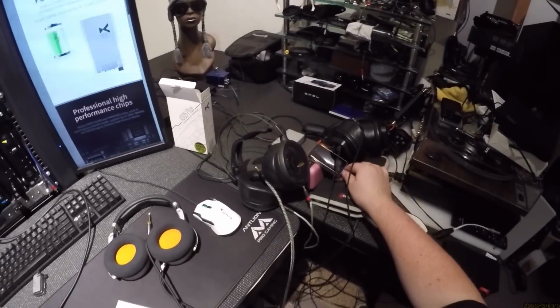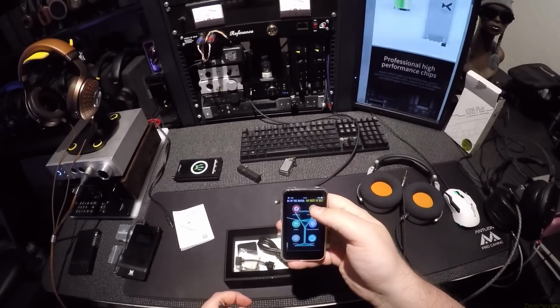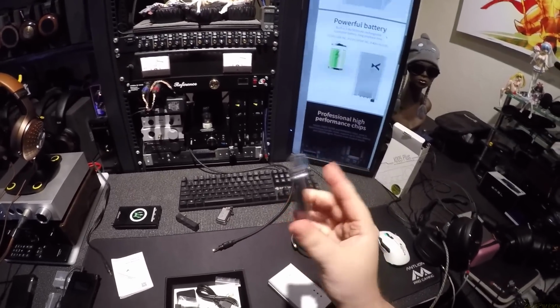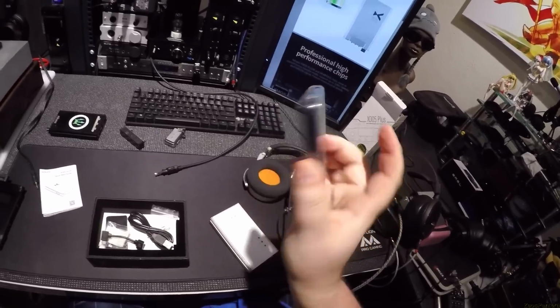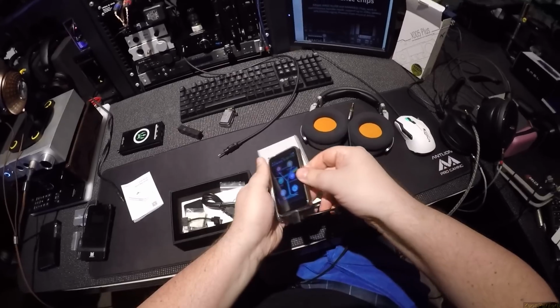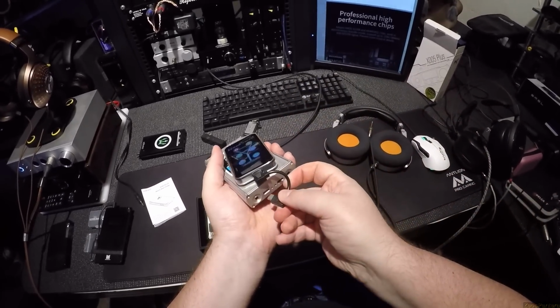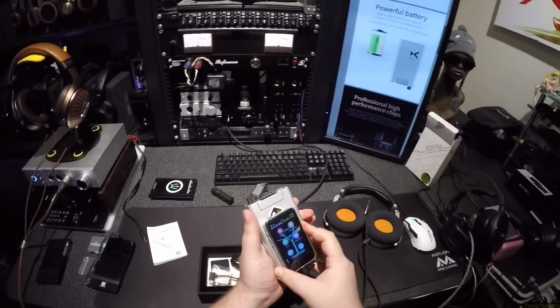So you can take a portable player like this. This is my little, what are you, the M6? I think you're the M6. And you could just plug it in, and you have to do it step by step, you can't just plug it in. Boom. Now I have